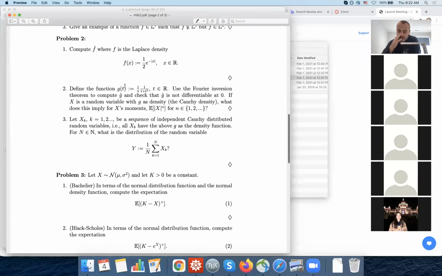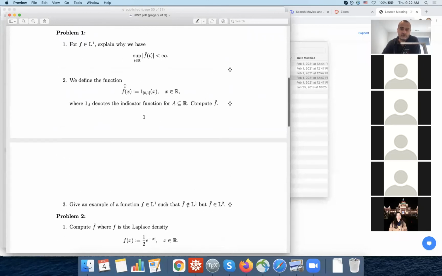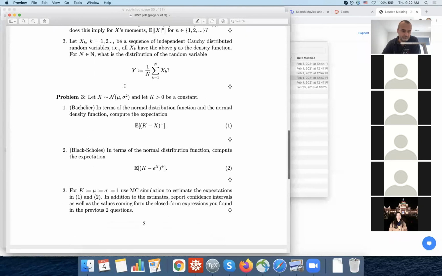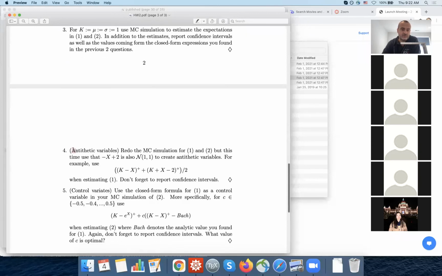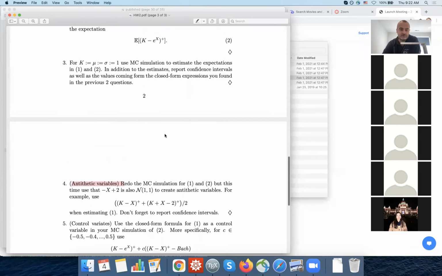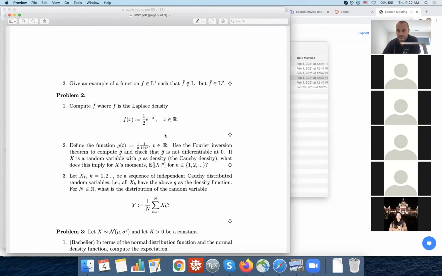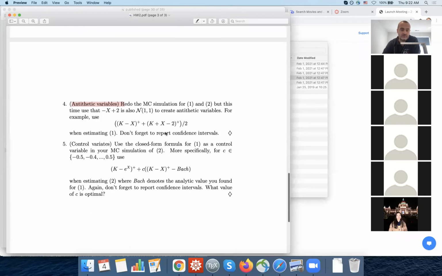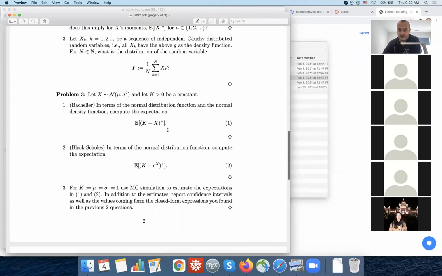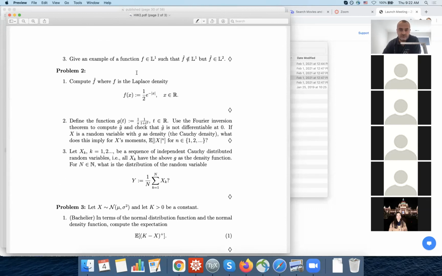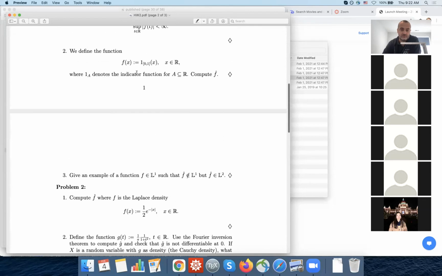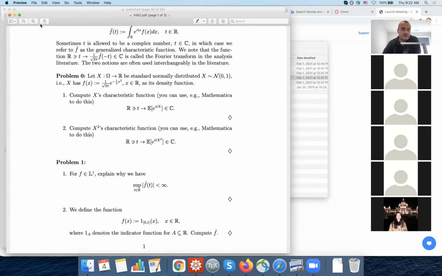But here you can see there's just a stack of problems related to the characteristic function. There's a little bit of simulation down here at the bottom. These antithetic variables that we had talked about last week. There's a bit about them in here too. But the first problems, they're all about characteristic functions. So this is what we want to be starting on now. But you can already, at this point, you can already solve the last problem. And this last problem is one that has to do with coding. The first problems are going to have to do with just theoretical questions. So this is what we'll be doing after the break,